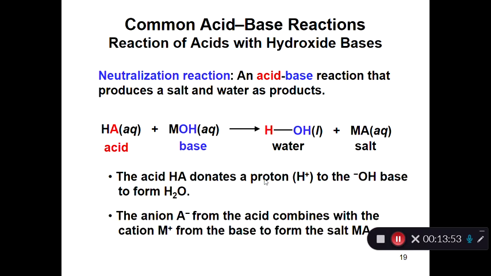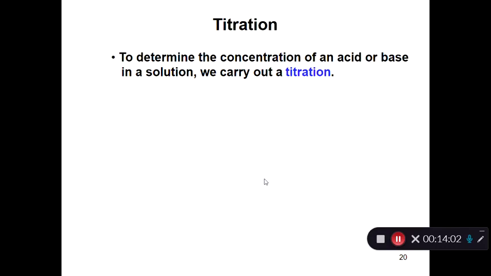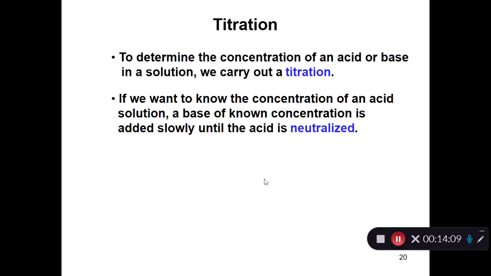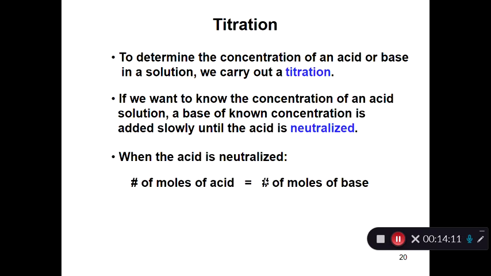So please memorize that. Acid-base reaction is producing salt and water. The process we do to measure concentration of either acid or base, we call that titration. So this is a term we use in chemistry lab to measure amount of acid or base in a reaction